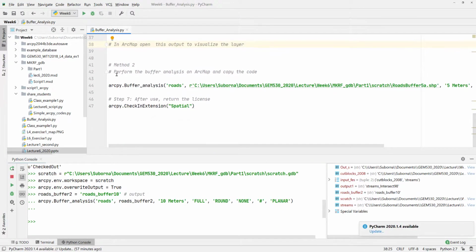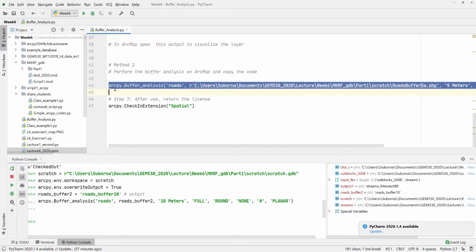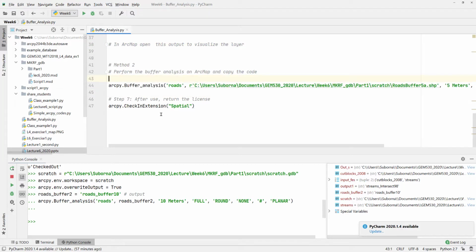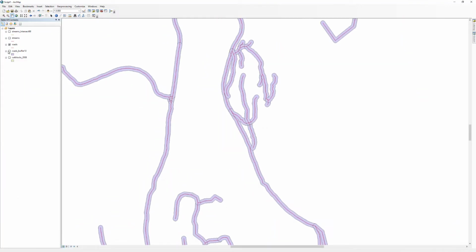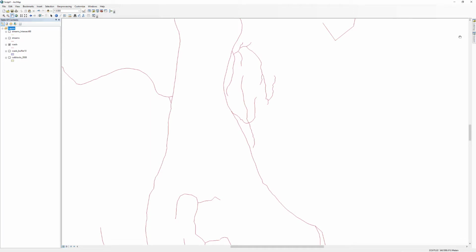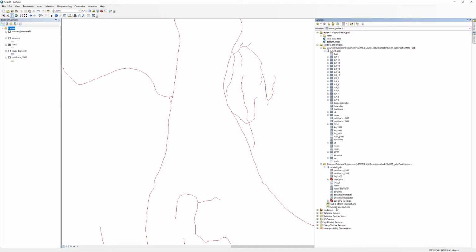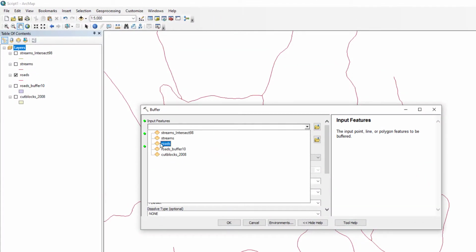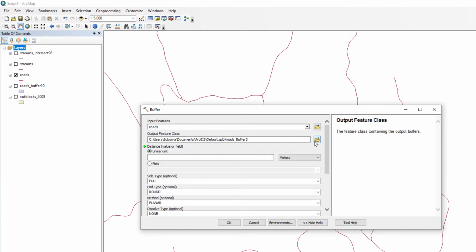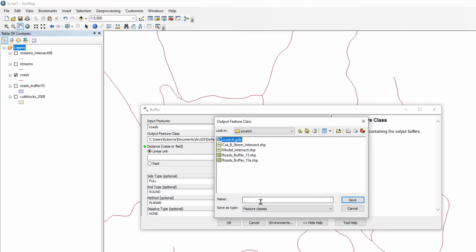Now the second method is we are going to do the same analysis, but this time we are going to create the buffer in the ArcMap, and then we are going to get our code from ArcMap. So we're going to keep everything on Scratch, and then we are going to use the buffer analysis tools and select the buffer analysis tools, then use the roads layer, and where you're going to save your output,